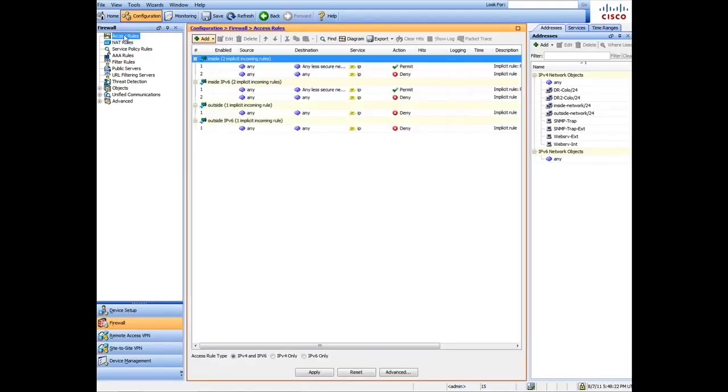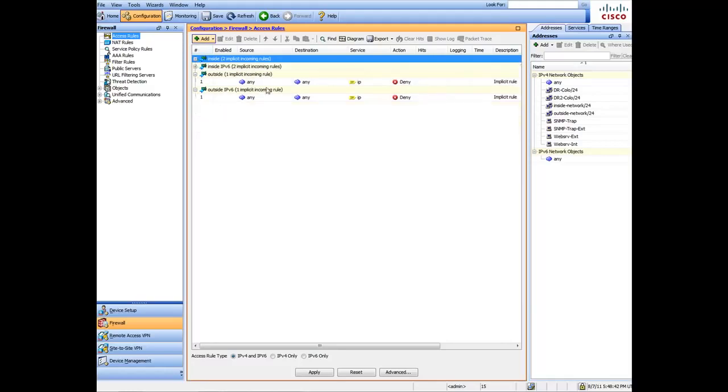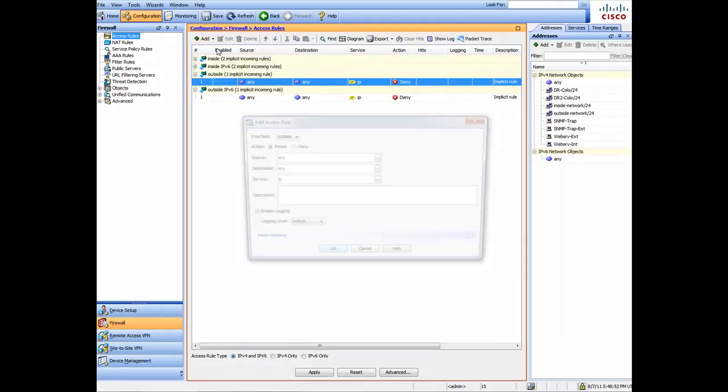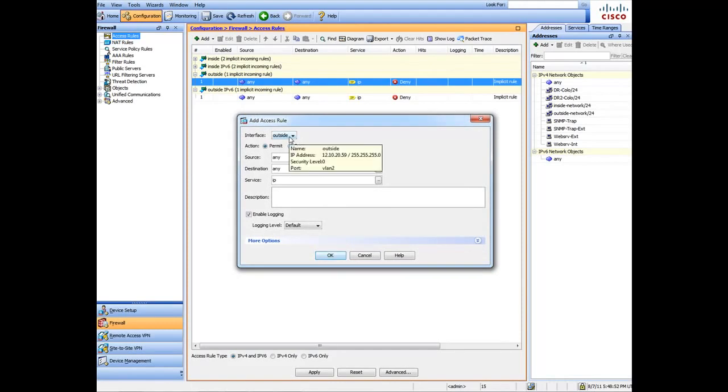Okay, once our NATs are set up, we're going to come to our access rule, and here we need to create different access rules as to what needs to come from the outside, what can come in, what can go out. And we're going to be creating those rules not on the inside interface, but on the outside interface, because that's where from the outside it's going to be coming in. So we're going to click on add access rule on the outside,